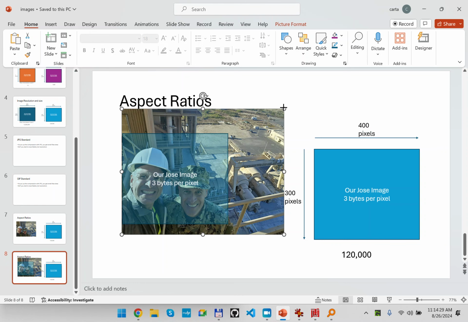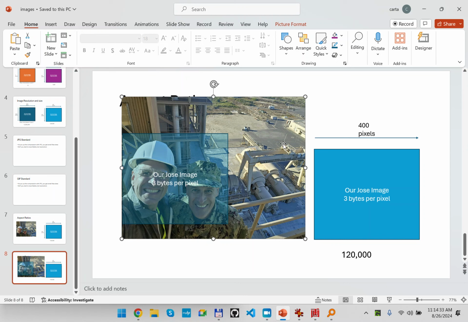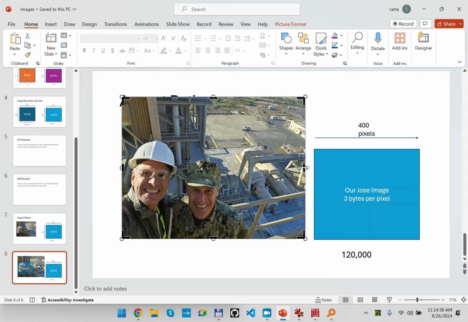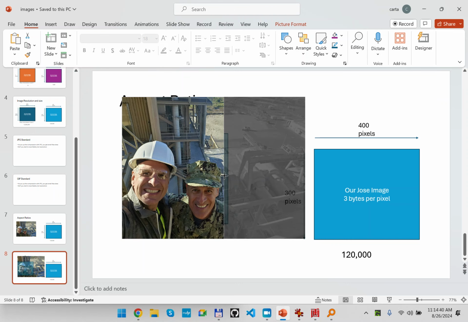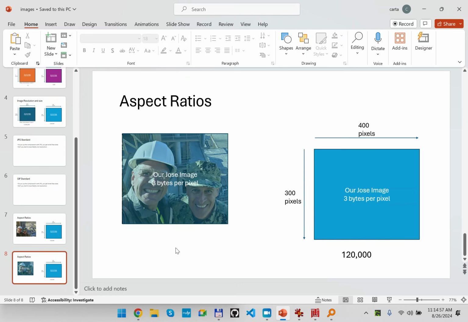I agree with that. And you want to maximize it. So you figure out how do you get it to fit in there. And then in PowerPoint, you can actually click crop and you can crop it to a window so that it's the right size. And then that way you're fitting it. The other way to do it